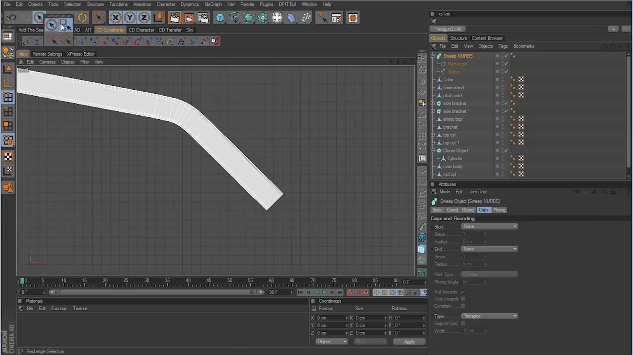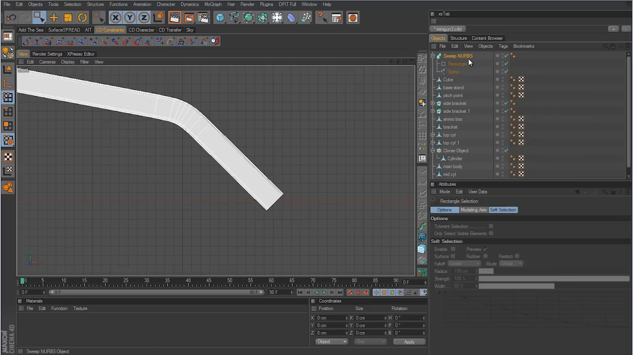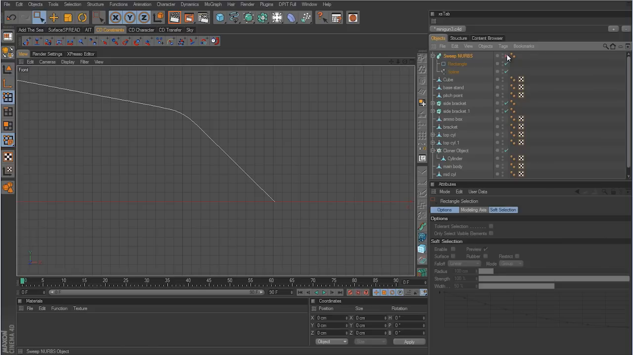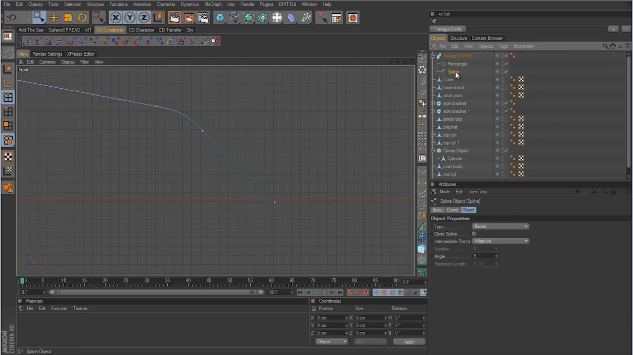Now there's one way you can do it. You can make your sweep NURB editable and then grab that row of points and turn them and twist them, but then the leg is going to get bent out of shape and it's just not going to look right. So what we'll do to fix this is turn off the sweep NURB, go back to your main spline,